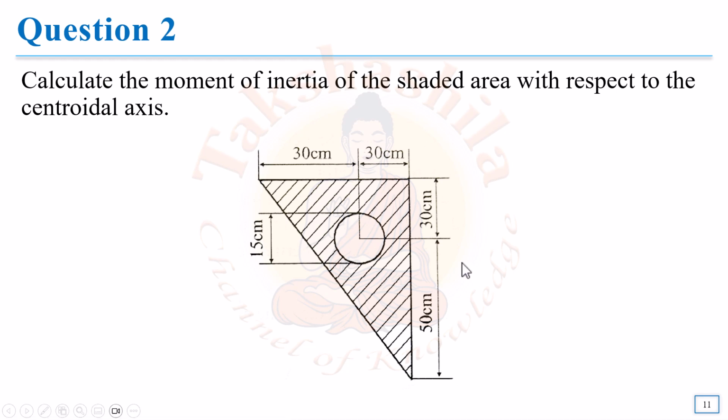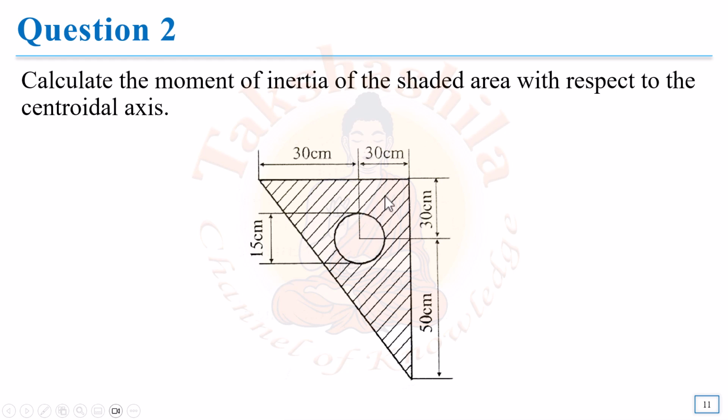And we are supposed to find out the moment of inertia of this shaded area about its centroidal x-axis and centroidal y-axis. So in this type of problem, there are two things that you have to take care. First one is you have to calculate the centroidal axis. That is, you have to find out the value of x bar as well as y bar. Locate the point, mark two axes, one in the x direction and another one in the y direction.